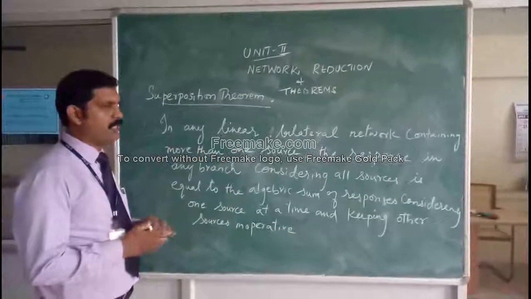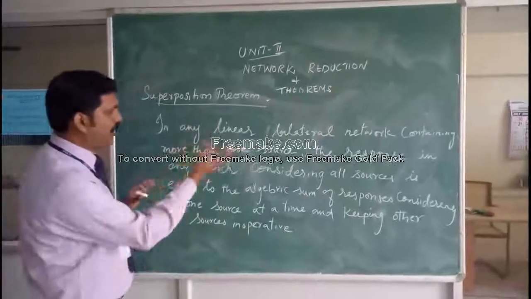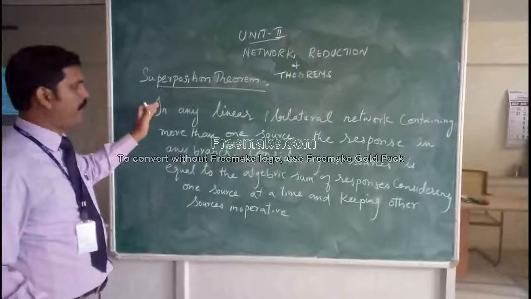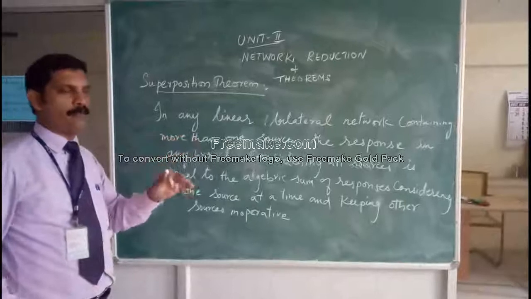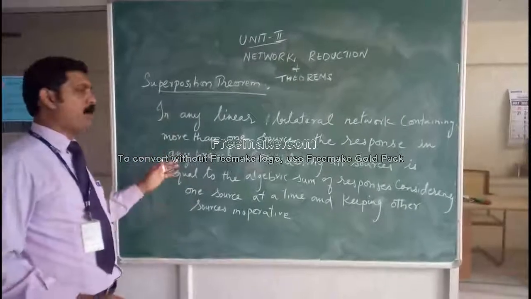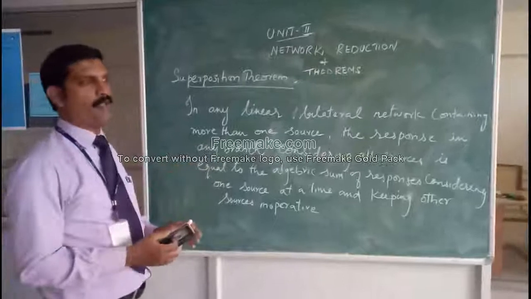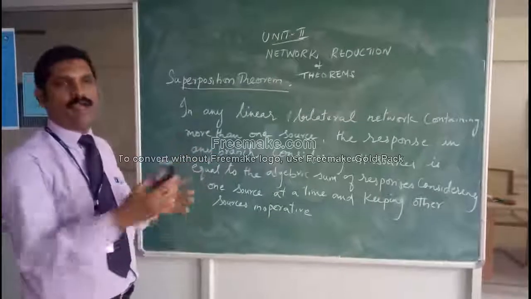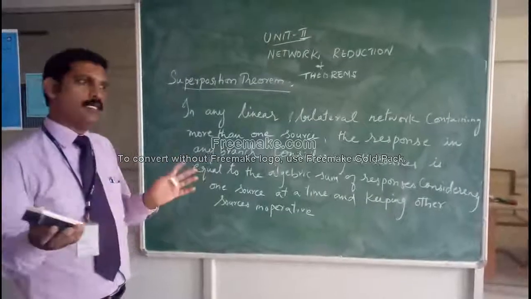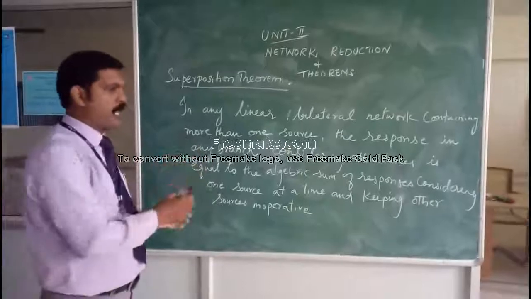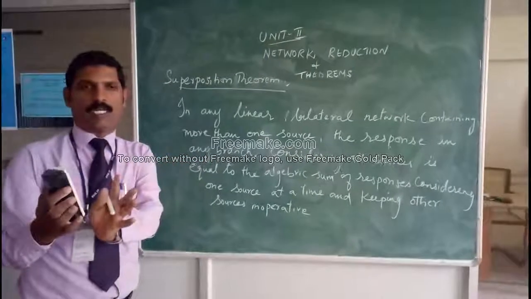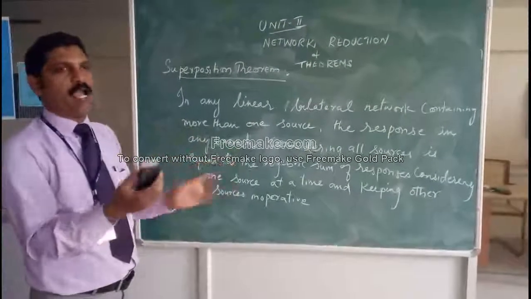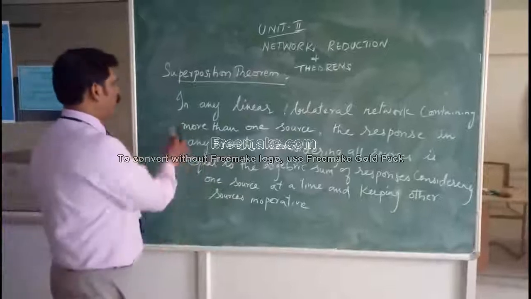So superposition theorem is a very important theorem. Let me show you how we can find or prove it. Normally the problem will be like this: they will ask you to find the current in a particular branch using superposition theorem, or they may ask you to prove the theorem. What you have to do is keep all the sources in the circuit, find the current in the particular branch using any method, and keep the answer. Then you have to prove that by considering individual sources at a time and adding them together, the two currents are equal. That way you prove it. So I will show you.